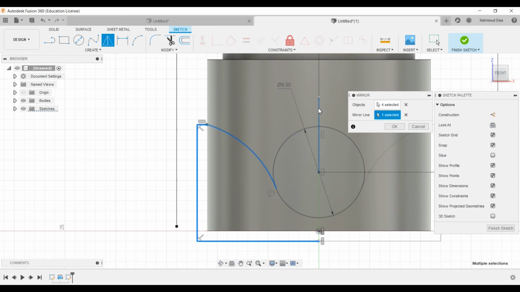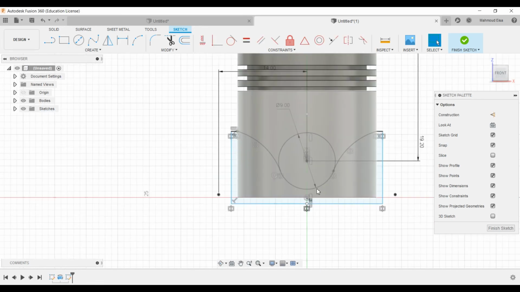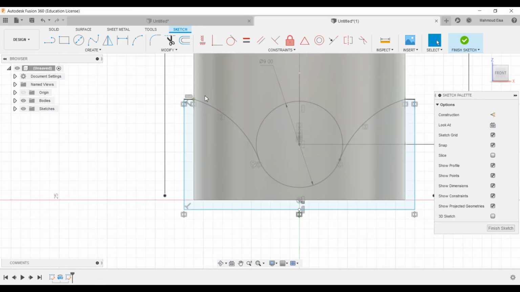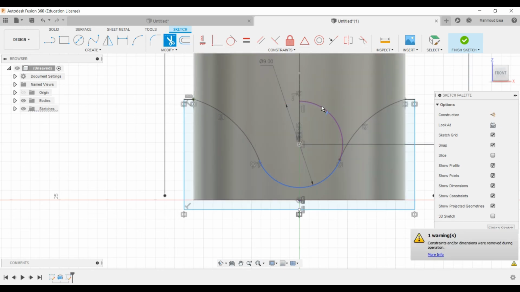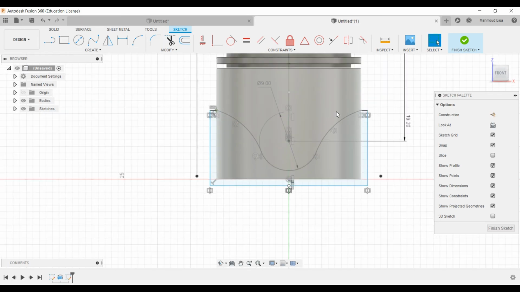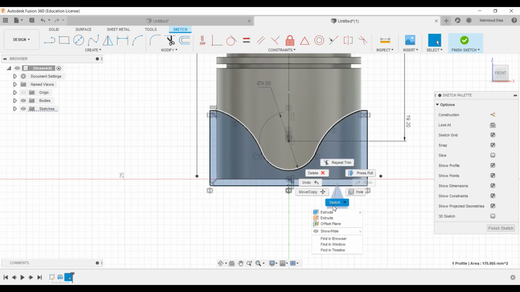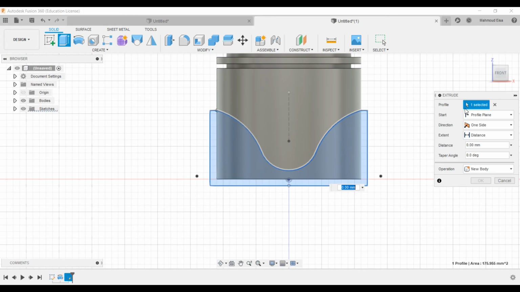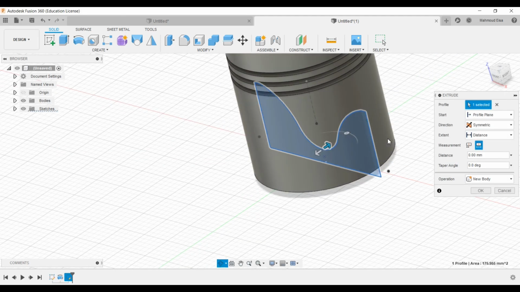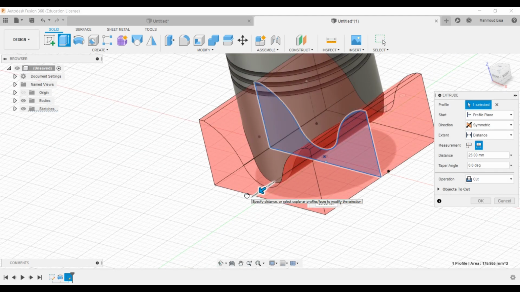Okay, and the mirror line is going to be that, and we click OK. And now we'll see here that this is the profile, so we need to do a trim. I'm going to trim that out, and voila, I get this profile here, which is brilliant. This is exactly how I want it. So what we need to do now is an extrude cut. So extrude, and go to extrude symmetrical, symmetrical whole length,